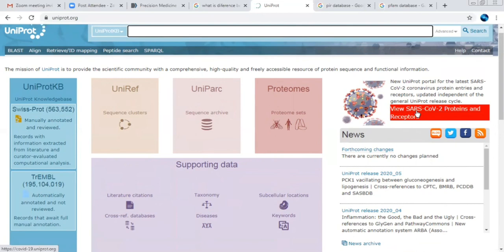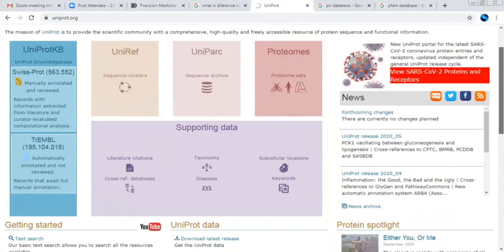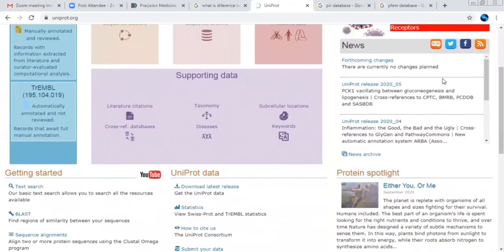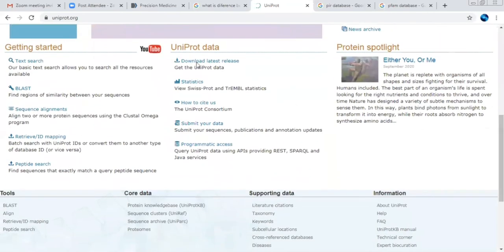So that's the SARS-CoV-2 proteins and what the receptors are. After knowing that, we can design druggable targets for it. They have been given to us, and they will provide you certain news for that. Next, the most important thing about using this particular database is how we can search. That's the getting started options they have given you.